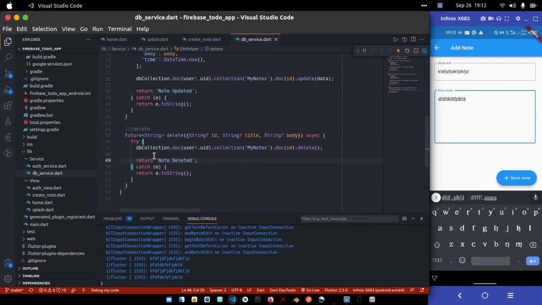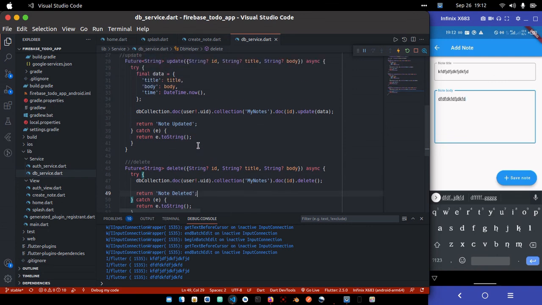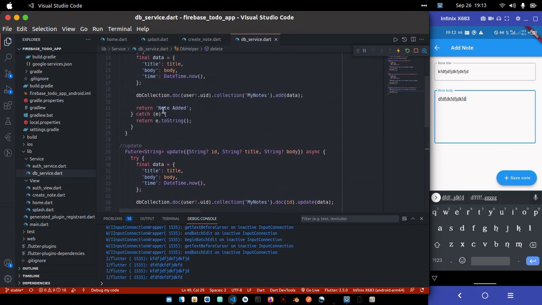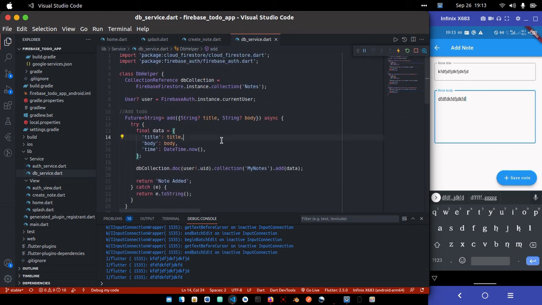Now you can see this is the method to delete a to do, this is the method to update a to do, and this is also the method to add a to do. In the next video I'm going to show you how to implement each of these functions, and then